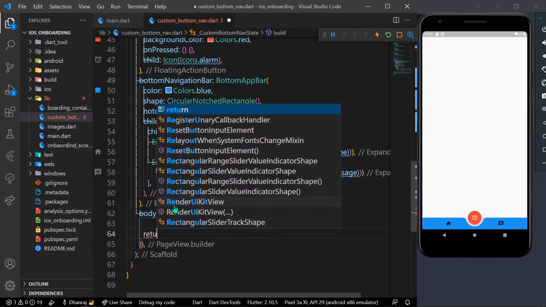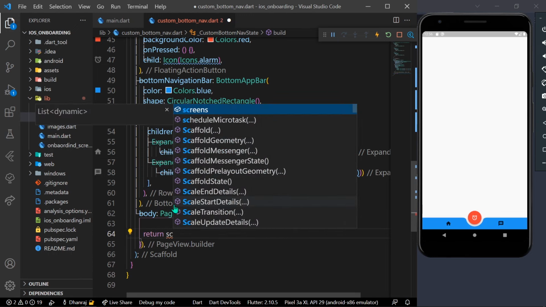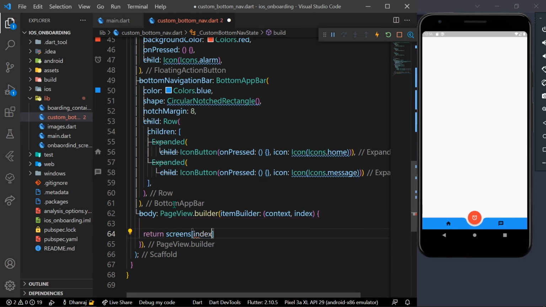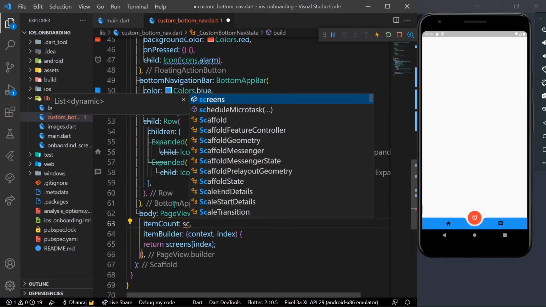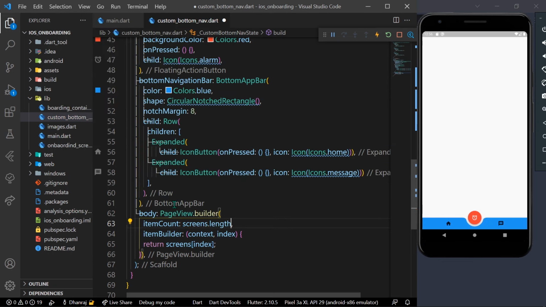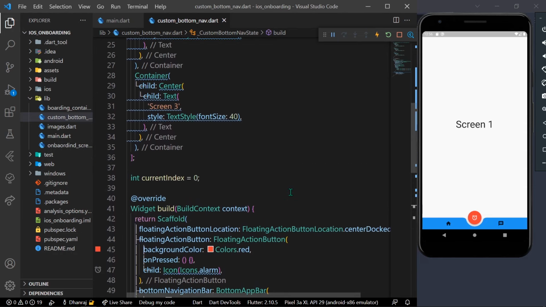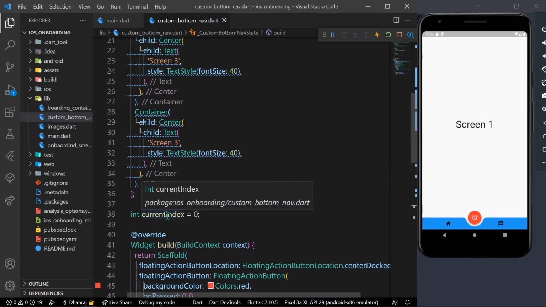Okay, and we can simply return our screens and their indexes. And for the item count, we'll have our screens dot length. Okay, so let's just save the app. So now as you can see, we have our screen 1 as a default,